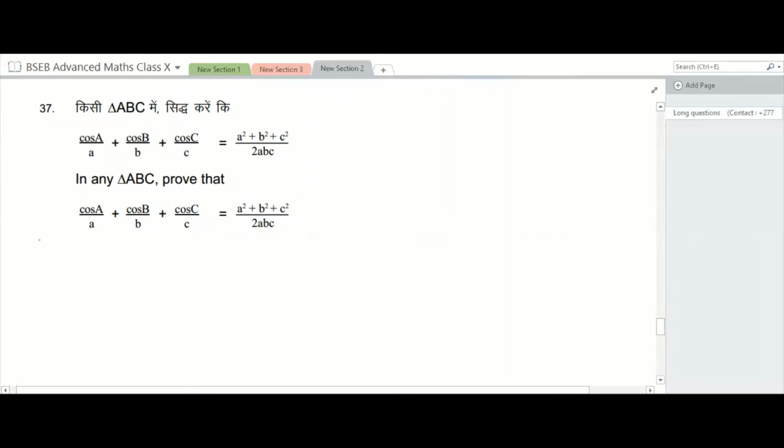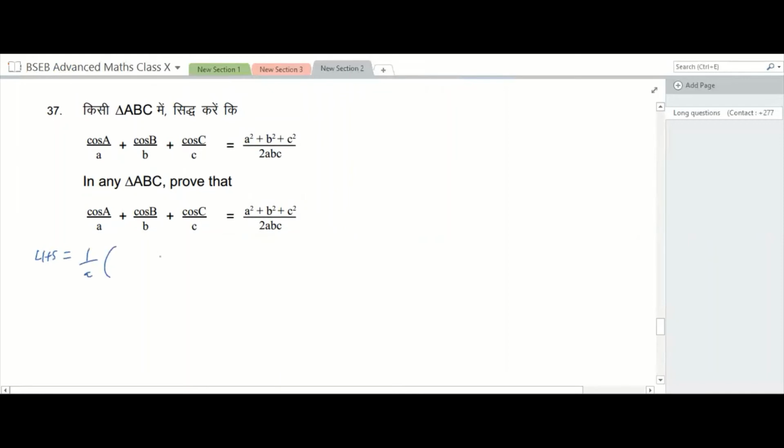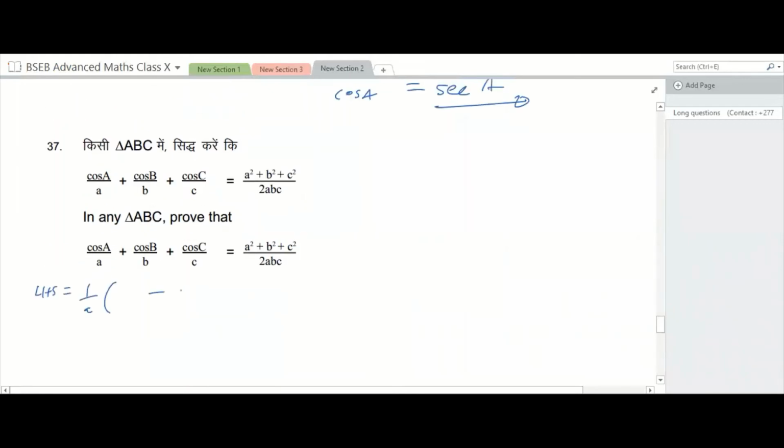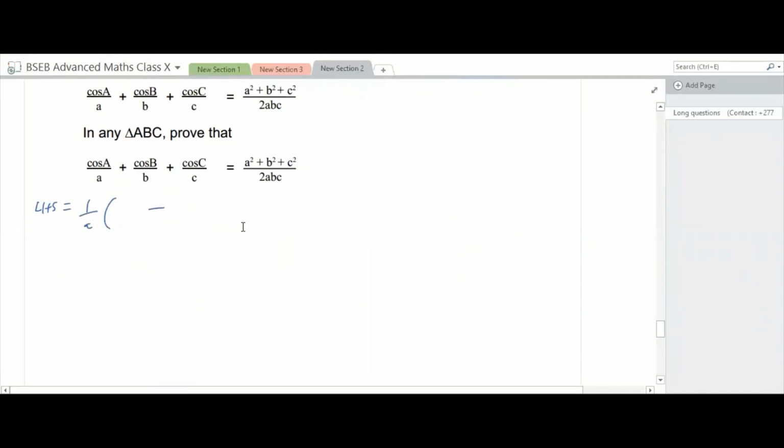The left hand side is equal to 1 over a into b squared plus c squared minus a squared over 2bc, plus